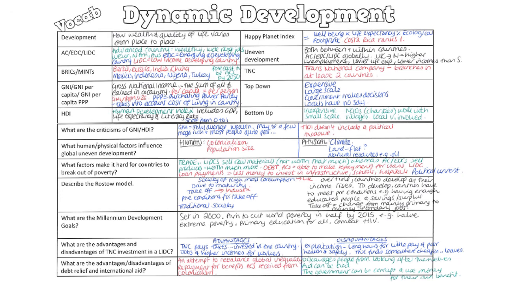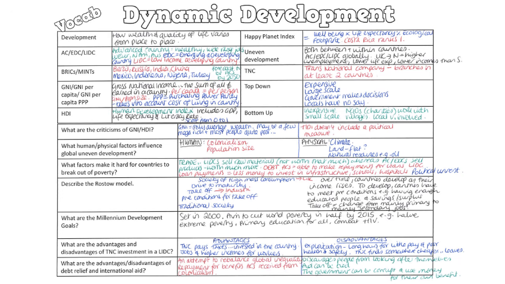LIDC stands for Low Income Developing Countries. These are the poorest countries. You've got a lack of job opportunities, a lack of different types of jobs. You've got very few services because people are just subsistence farmers growing enough food to feed their own families, and they don't have disposable income to spend on services.